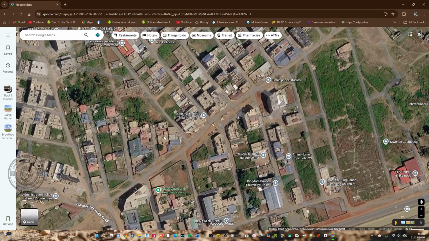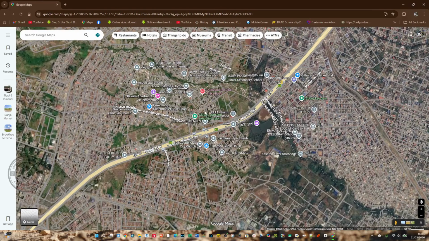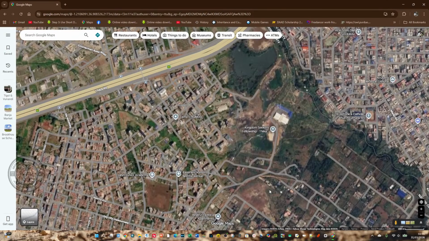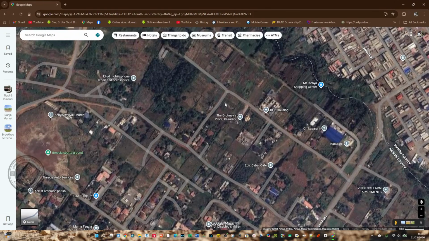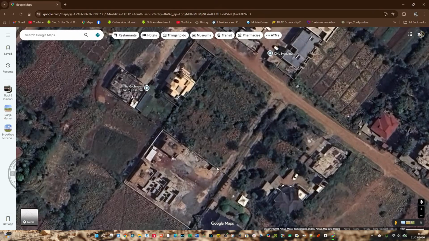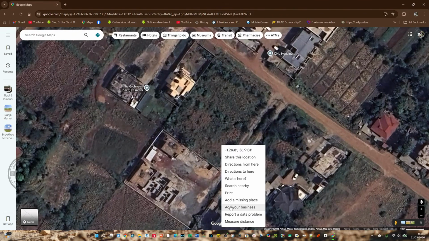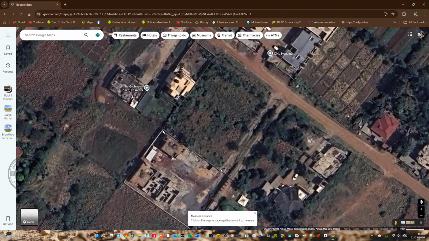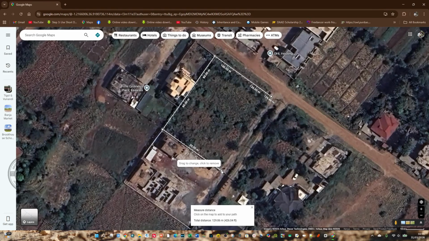Let's see how to find area. I'll just zoom to a random parcel of land. Let's take this parcel of land as an example. I want to start measuring from this corner here to that, and then come back. I'll just right click on the first corner and measure distance. Tap on the second corner, tap on the third one, fourth one, and then tap on the corner that we